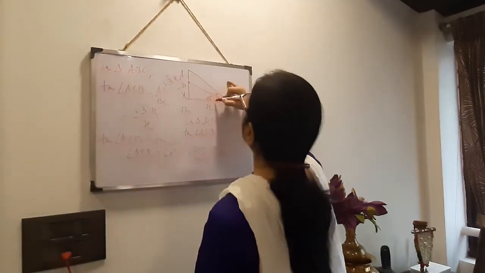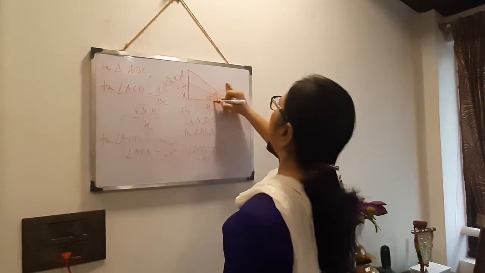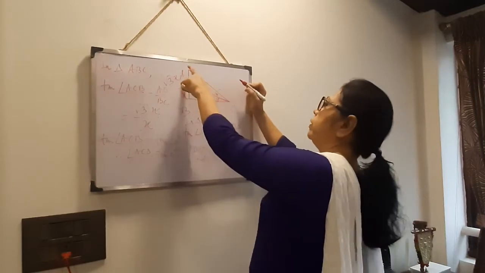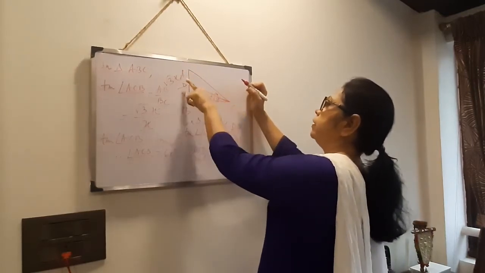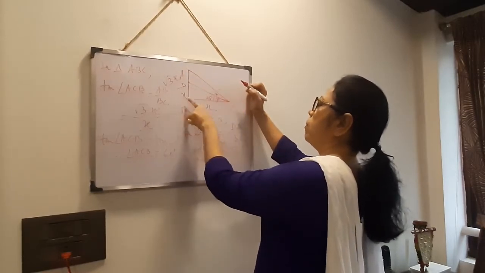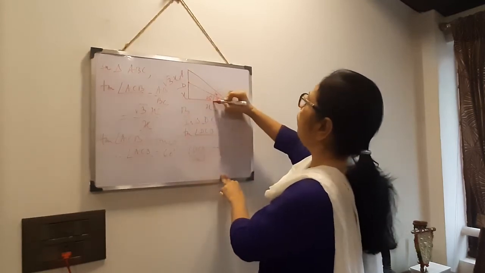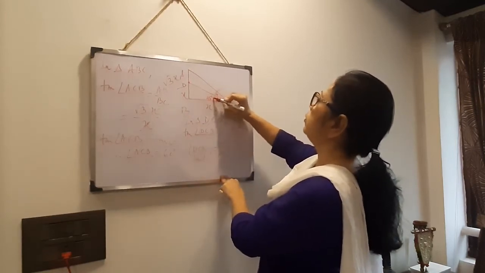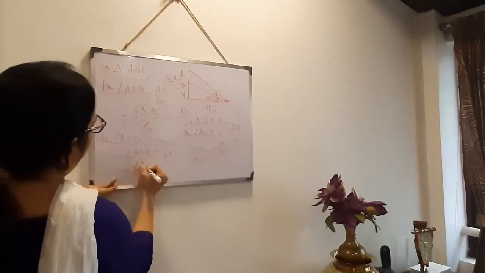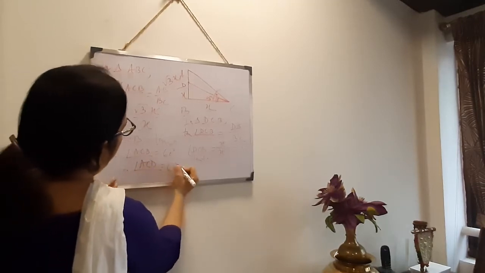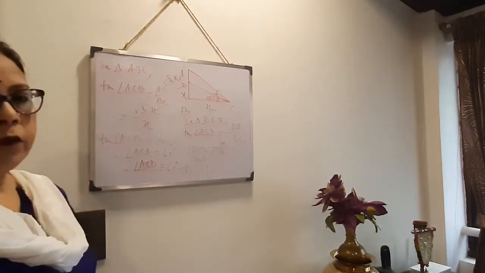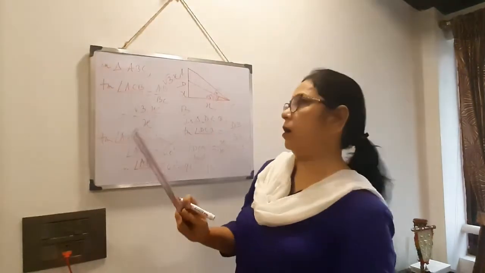That means this full total angle we have got 60. And now this part is 45. You have to calculate what is the measurement of angle ACD. So angle ACD means angle ACB minus angle DCB, that means whole portion minus this portion. Therefore, measurement of angle ACD is 60 degree minus 45 degree, that is 15 degree. Clear? So this is not hard.